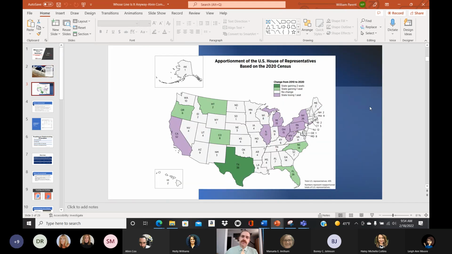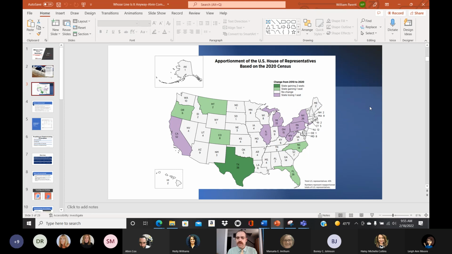On the next slide, we see apportionment of the U.S. House of Representatives based on the 2020 census. If you look at the very top of the map, you'll see the legend change from 2010 to 2020. States that are this darkest shade of green gain 2 seats in the U.S. House of Representatives. States that are in the lightest shade of green gained 1 seat. States that are white had no change, and states that are purple lost a seat in the